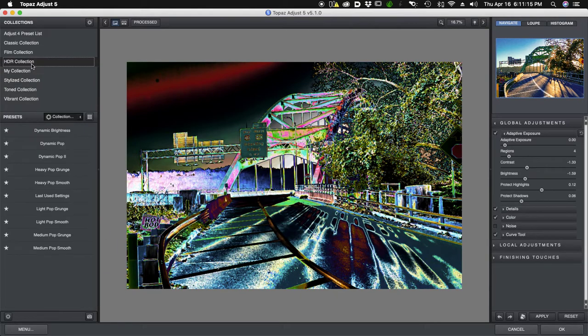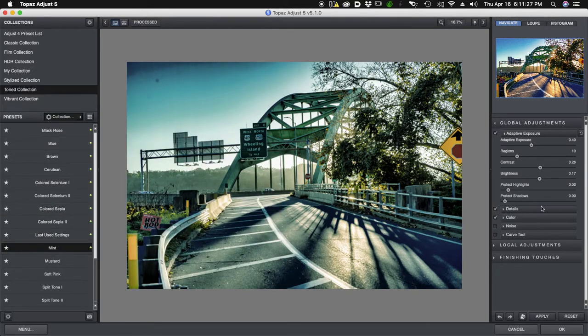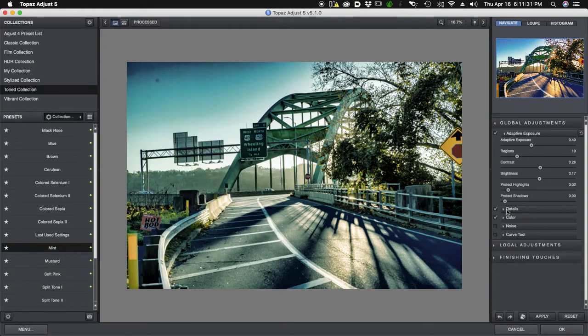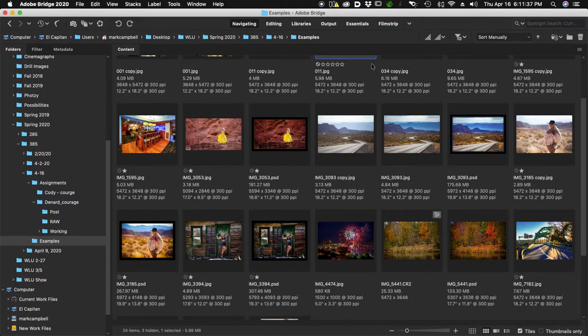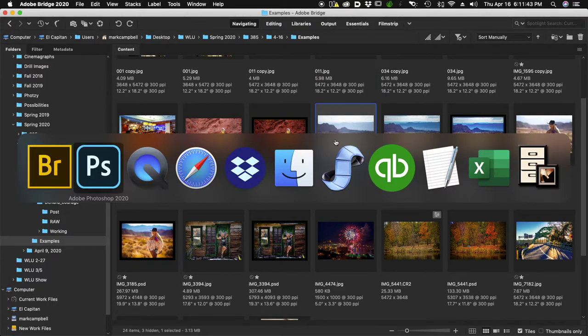And there are collections, and then again, each collection, each filter in each collection, sometimes we're just toning them a little bit, but each one has an unlimited number of adjustments that you can make on the right hand side. So those two plugins are ones that I use for enhancement a lot,